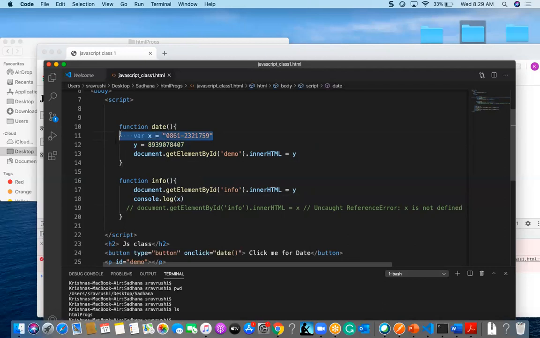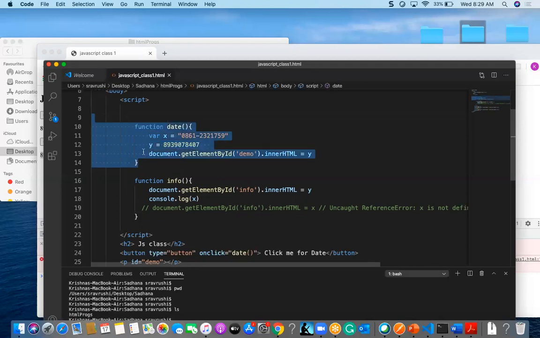If you are giving it with var, that one won't be executed, and we will get an uncaught reference error. So anywhere you declare a variable without var, that is a pure global declaration. If we declare a variable with var outside the function, without any function dependencies, it will act like a global parameter. If we give that variable inside a function, it will act like a local parameter for that function.